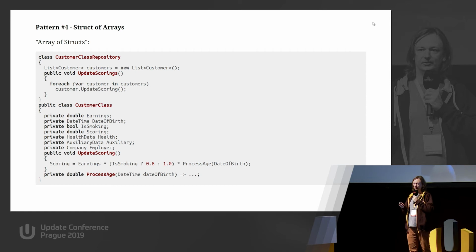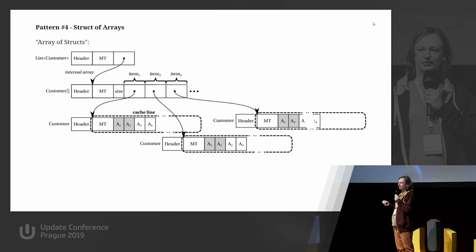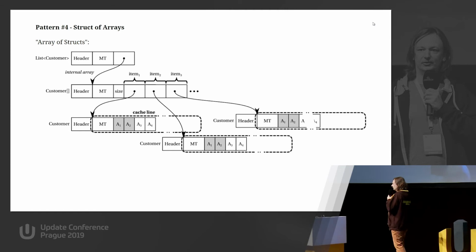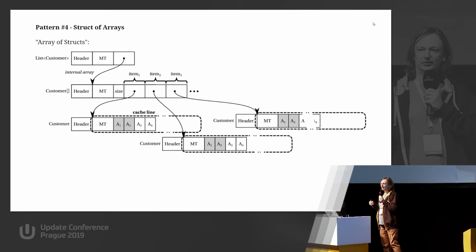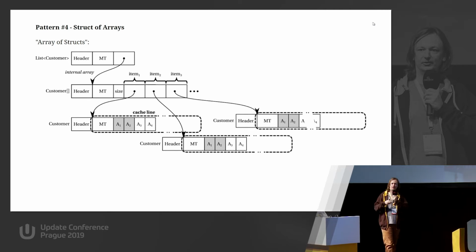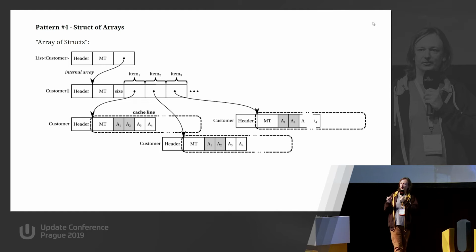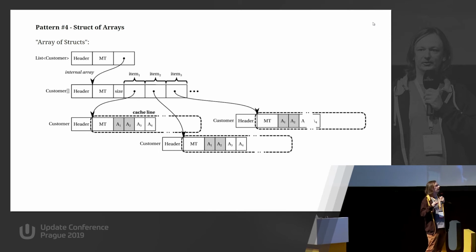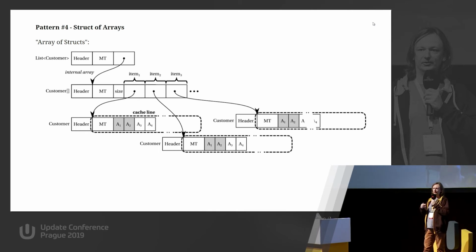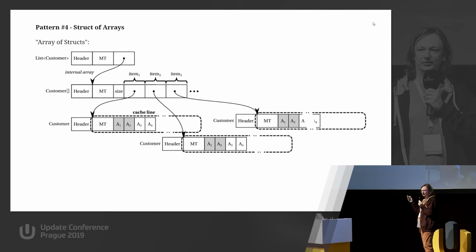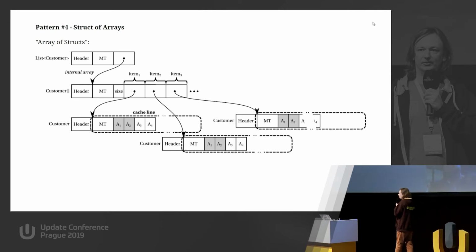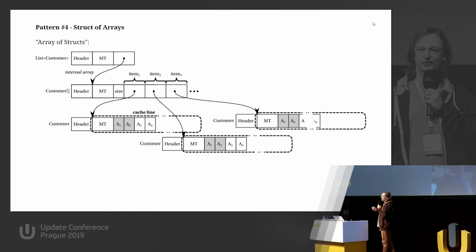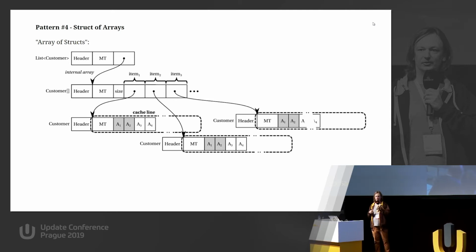But from the perspective of memory access, this is a complete disaster because, in fact, the repository contained a list of customers. A list of customers, in fact, is backed by an array of customers, but this is also an array of references to customers. So when processing customer by customer, we are simply jumping all over memory in a random way because we have these customers somewhere in memory. So accessing them one by one is sequential logically, but from the memory access perspective, it is just random access.